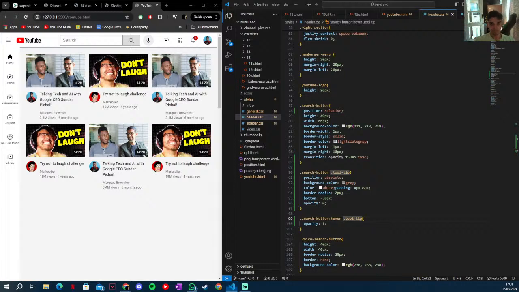Now the last thing I want to show you is if we hover over the actual tooltip, you'll notice that because it's inside this button, when we hover over the tooltip with our mouse, it also counts as hovering over the button. We can fix this by disabling hovers on the tooltip and only allow hovers on the button. So to disable the hover on this tooltip, we're going to use another CSS property called pointer-events: none. This means that when our mouse hovers over the tooltip,